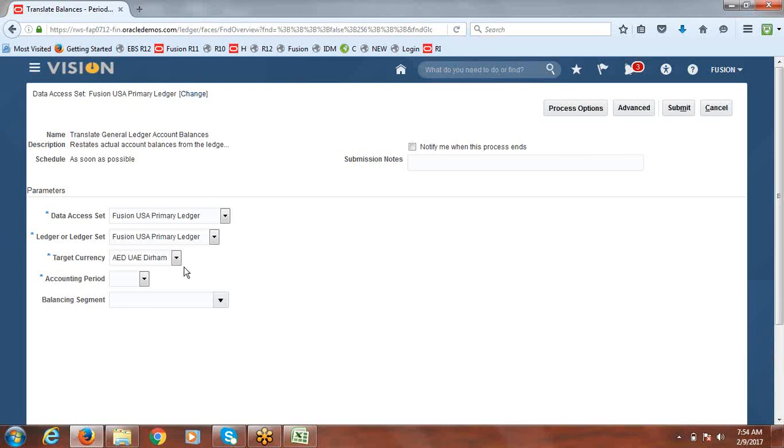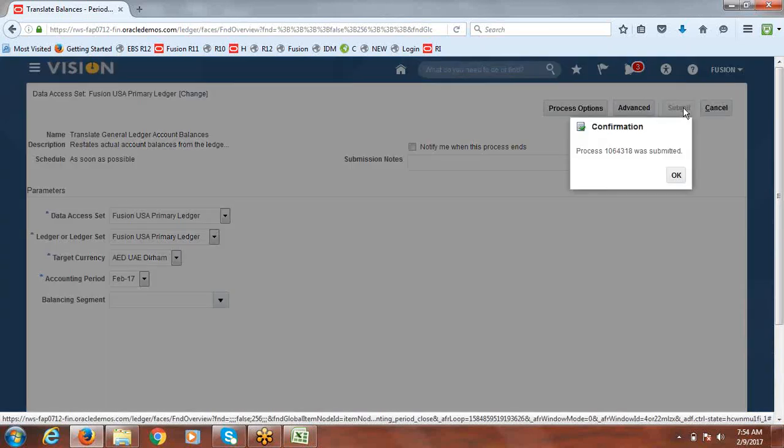So system is defaulting from there, and you want to run this translation for which period? Say Feb. Hope you have transactions for Feb. And same as EBS, if you want to run this for specific balancing segment value, you can select here, or else you can submit. System will run for all balancing segment values. Then click on submit.